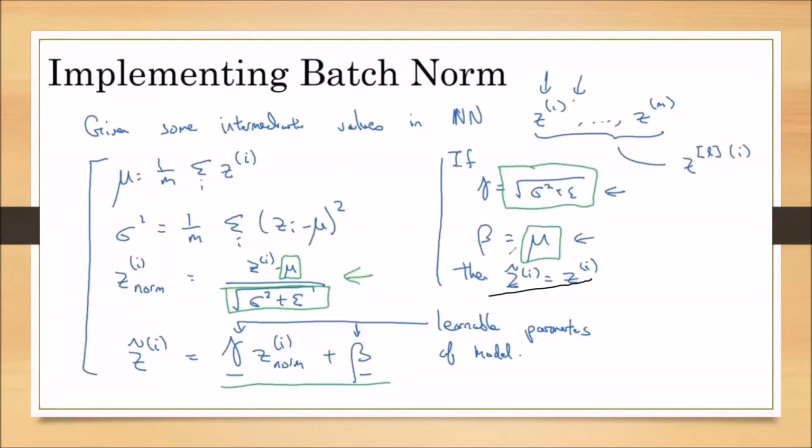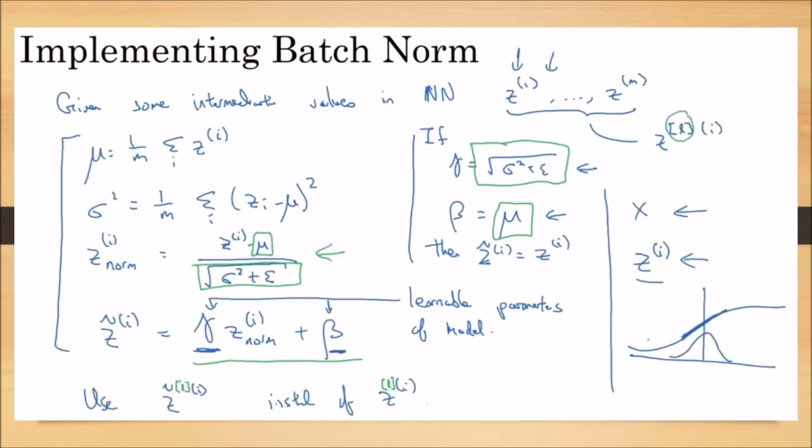Now in this case, beta is mu, which is controlling the mean, and gamma is the variance, which is controlling the denominator. Now we have the mean and variance in our control. We can change the mean and variance according to our convenience. Remember, we may not have the chance to change the mean and variance for the input features, but now we have the chance to change the mean and variance for the z values of a particular layer.